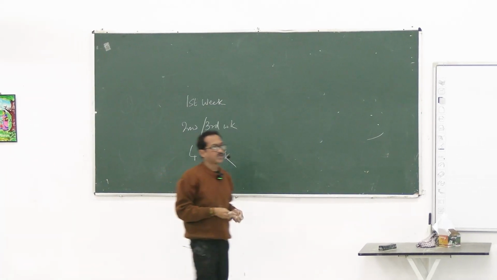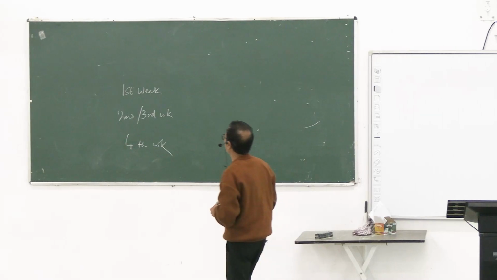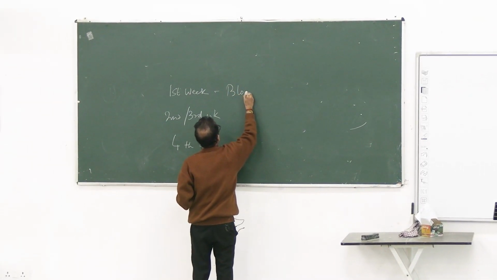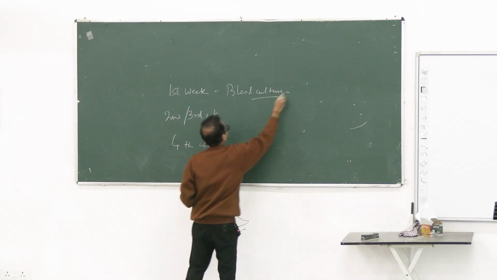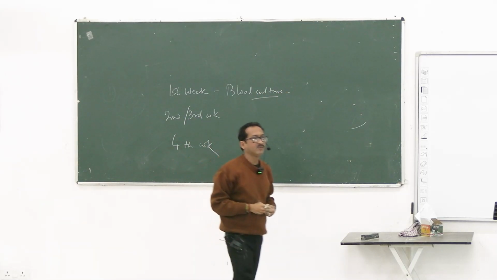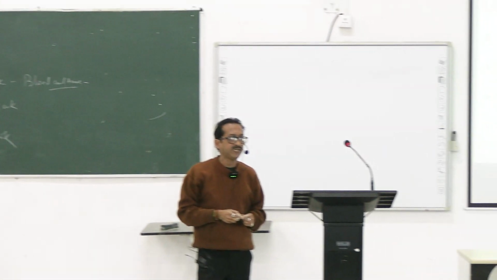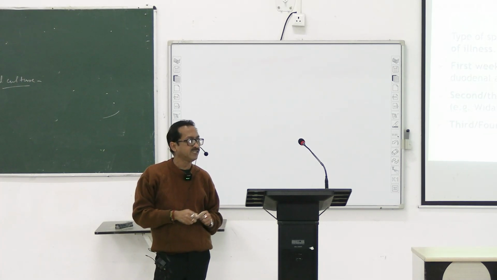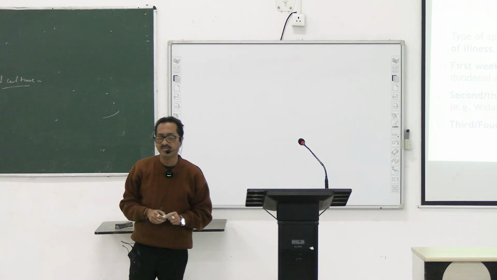So first week, what will you test? Blood culture is the commonest test. Vidal will not be positive in the first week. Vidal is positive only when the antibody develops, and the antibody does not develop immediately. It takes at least 5 to 7 days for developing antibody. Vidal is basically detecting the antibody, so you cannot get Vidal positive in the first week.